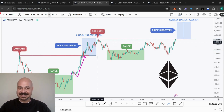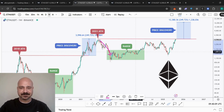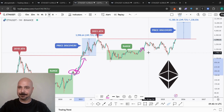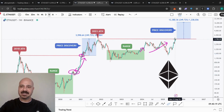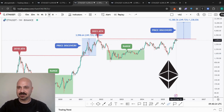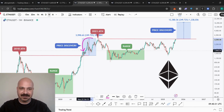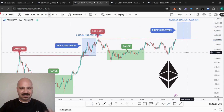If history repeats itself, we can see that we've got this previous all-time high, 2021, we went lower, formed a big accumulation phase, broke above it, so we are currently right there, and we are currently trying to break above the previous all-time high. Once we break above it, of course, with a daily candle close, or even better, a weekly candle close above it, we'll be expecting the optimistic target towards 16k, 17k, which would be the very similar projection, 250%. But of course, this is an optimistic target, it's doable, but let's take it a little bit further